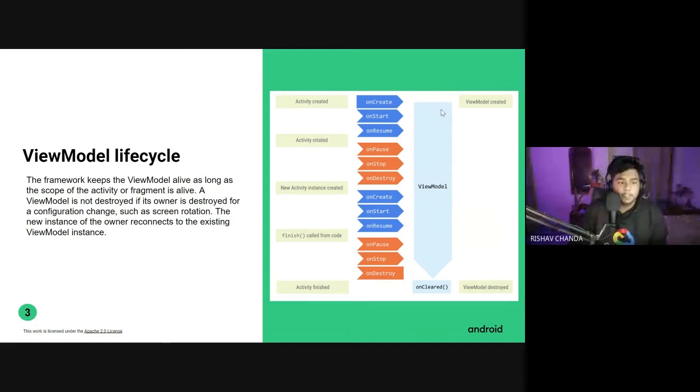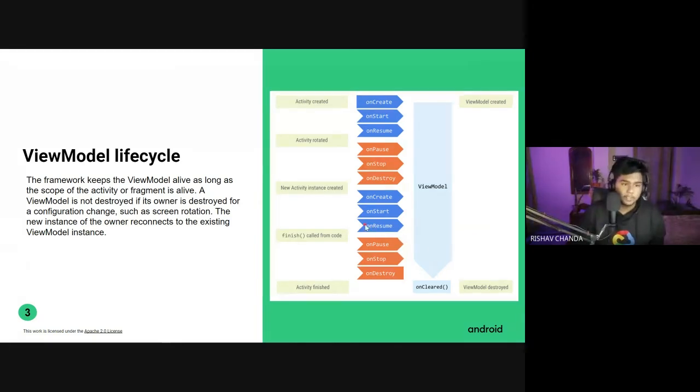So if you see this diagram, when the activity gets rotated, the view model remains the same. Once the data is loaded for YouTube, the data remains constant. The data doesn't reload again, right? So the data remains constant, whatever happens, till the activity gets finished. So that is the life cycle of view model, and because of this life cycle, it doesn't get destroyed or anything in between, so we preferably use our view model. Okay.